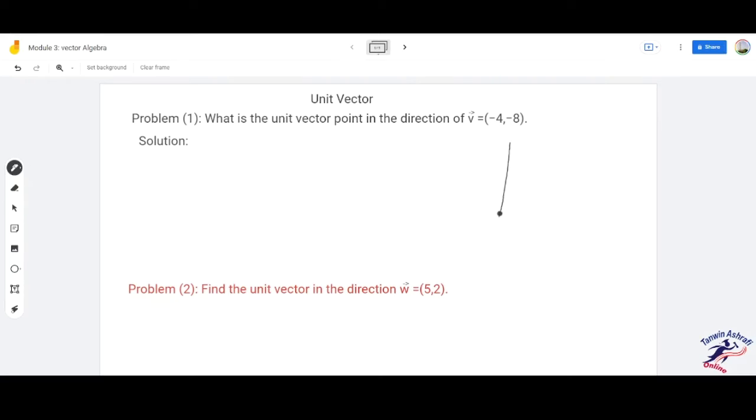As we know, in a graph, v is directional and has magnitude in x and y, the point P, which is minus 4, minus 8. Now if we want to find the unit vector for this vector v, we will first find the magnitude